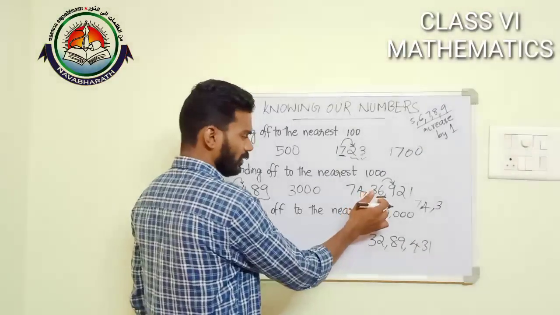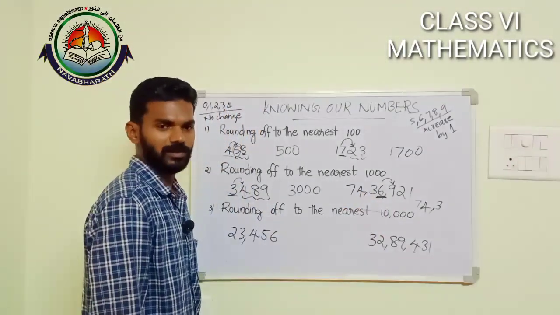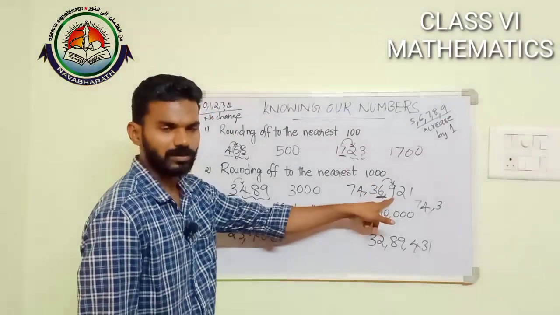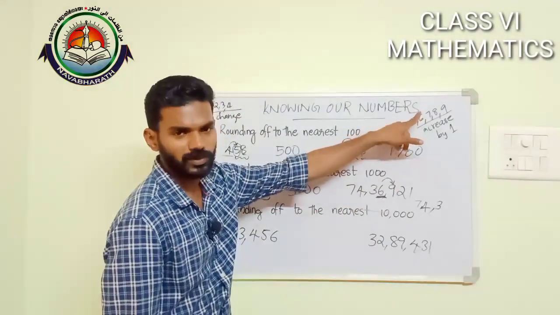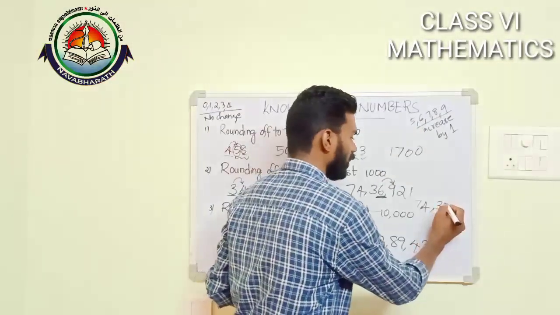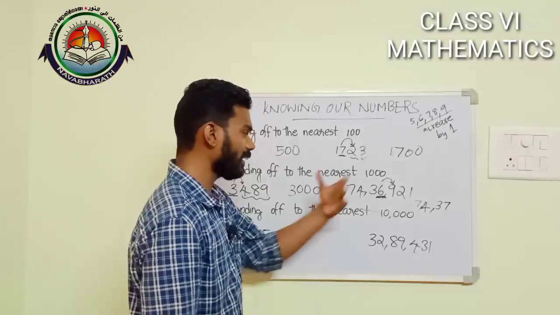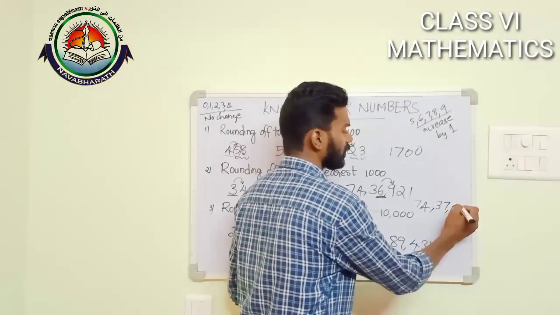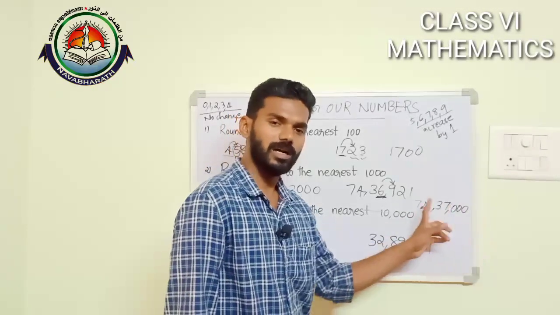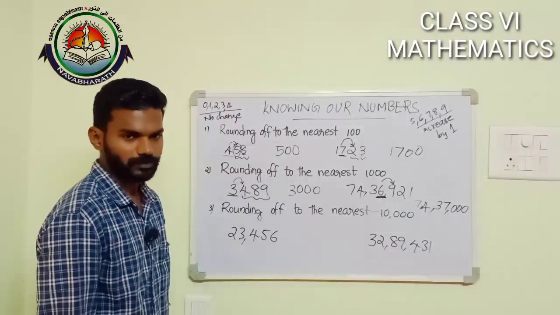And on to the thousands place. Here it is 6. Thereafter 9 is there, which belongs to this group. So 6 is to be increased by 1 so that it becomes 7. Then thereafter all the digits must be replaced with 0. So this would be the rounded value.